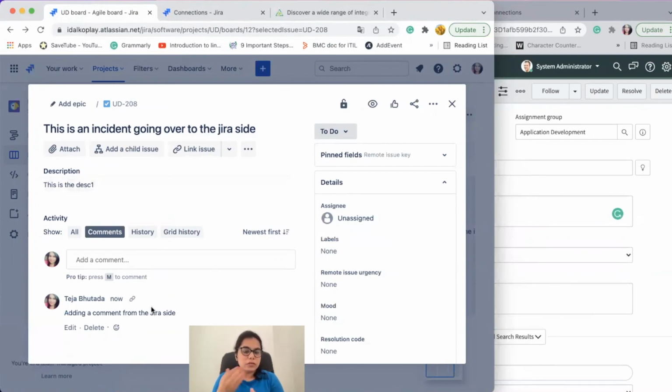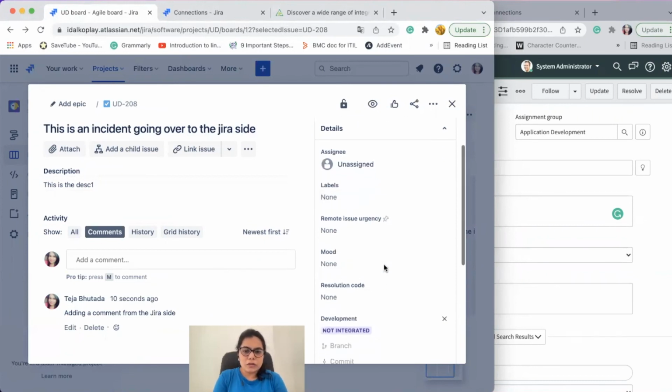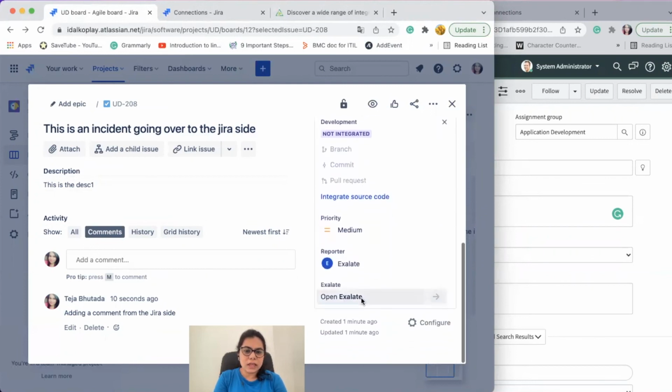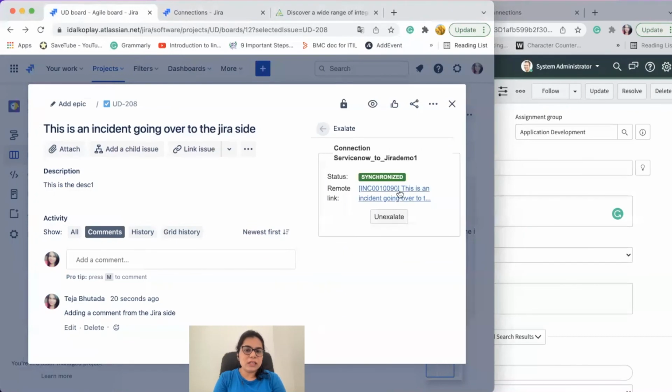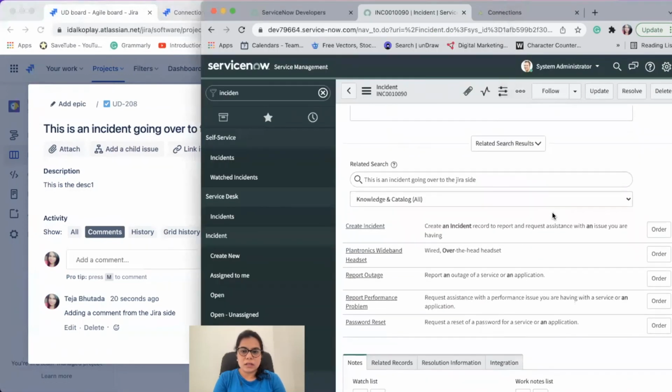Now, the good thing about Jira here is that you could always see what is the status of your sync right inside the issue view. So if you just scroll down a little, you'll be seeing the Exilate panel inside the issue view. If you click on this, you can see the status here. So it's already being updated on the ServiceNow side.